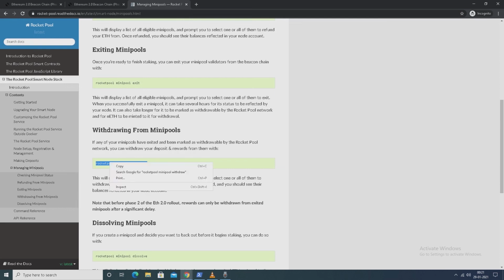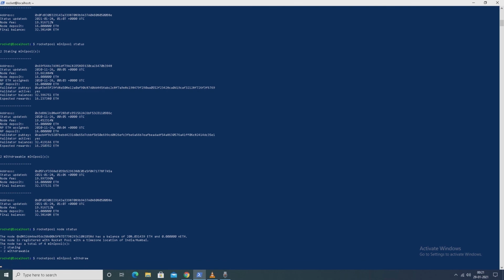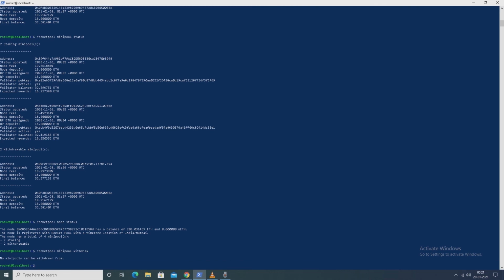So let's see. It's still showing no minipools can be withdrawn. Then I think it is in the queue.